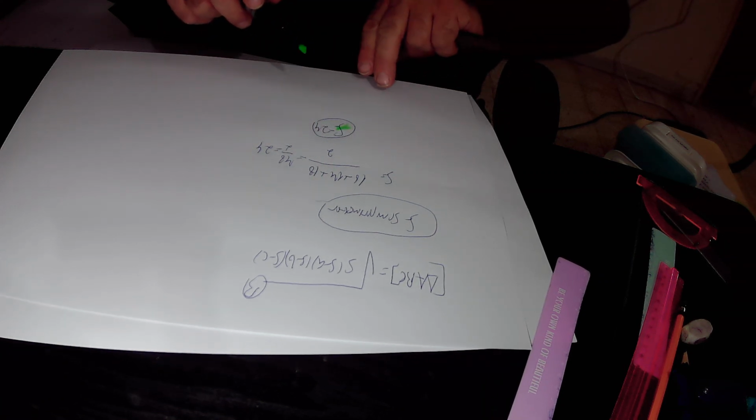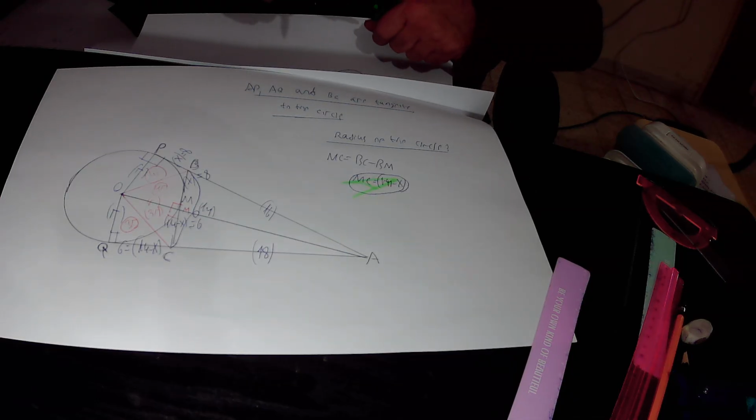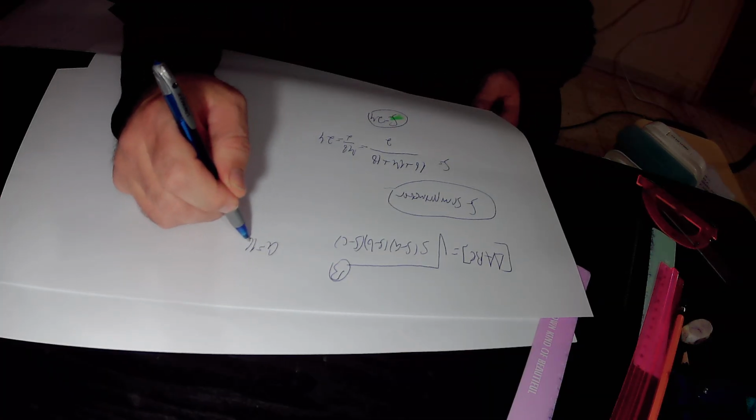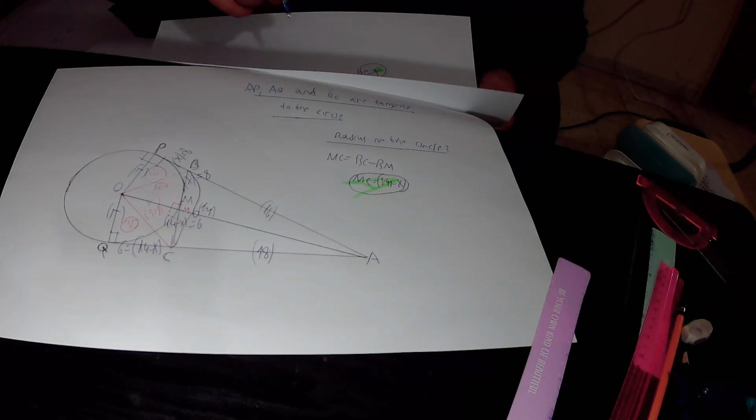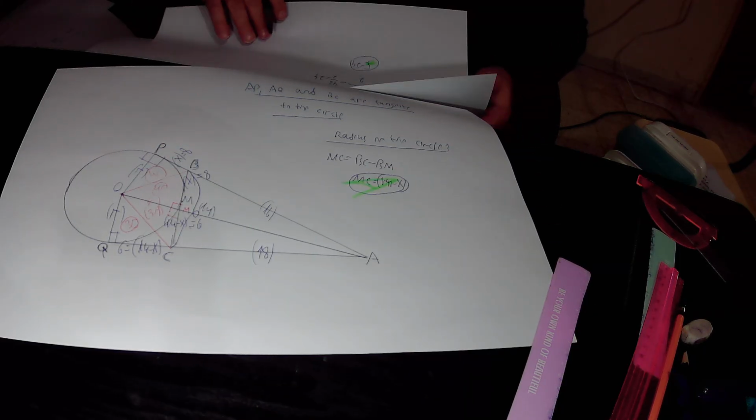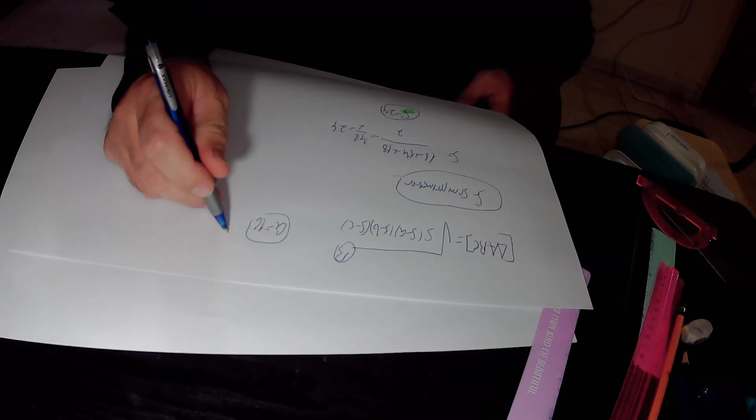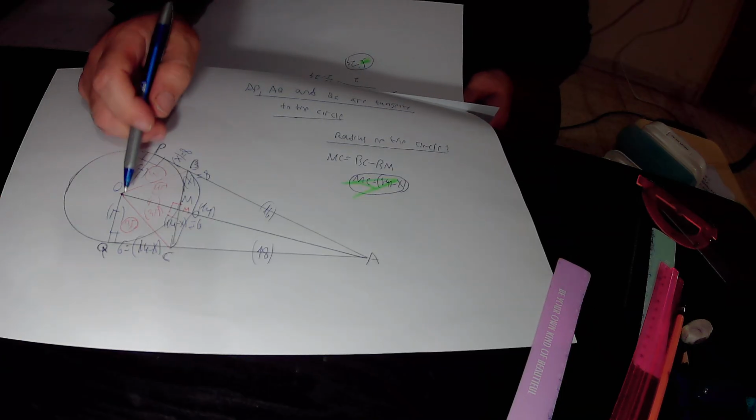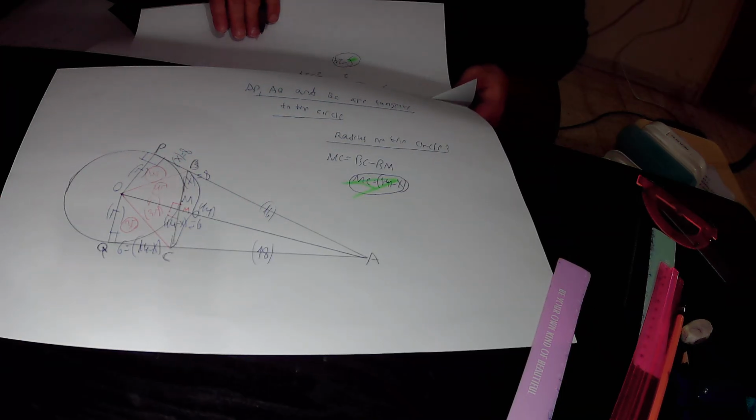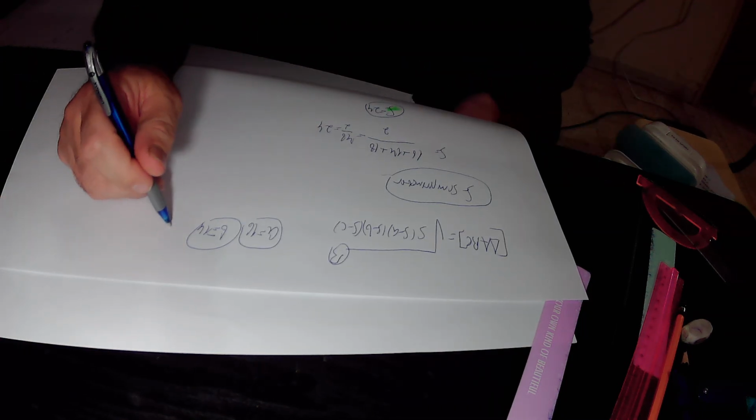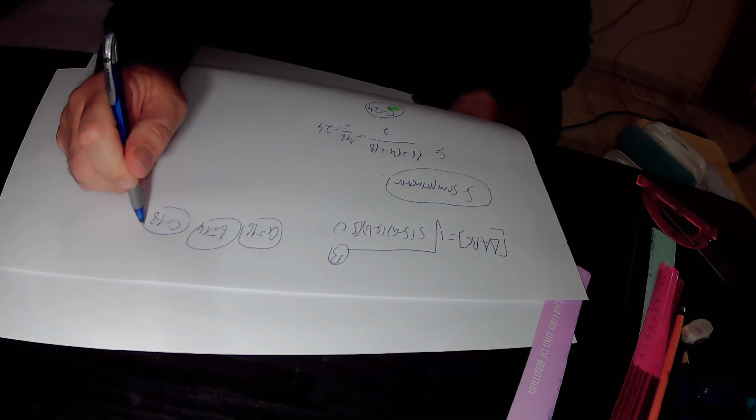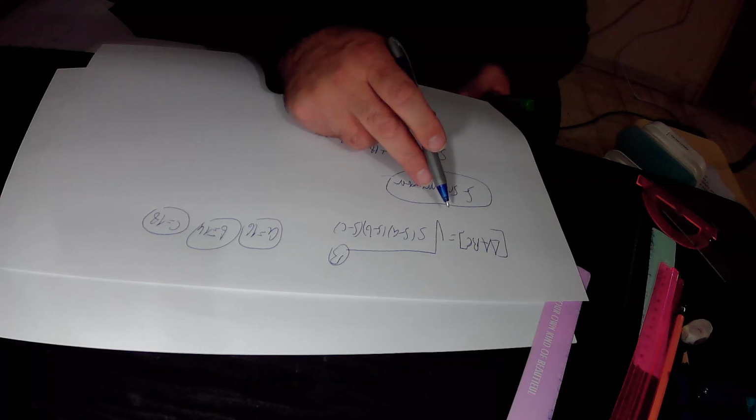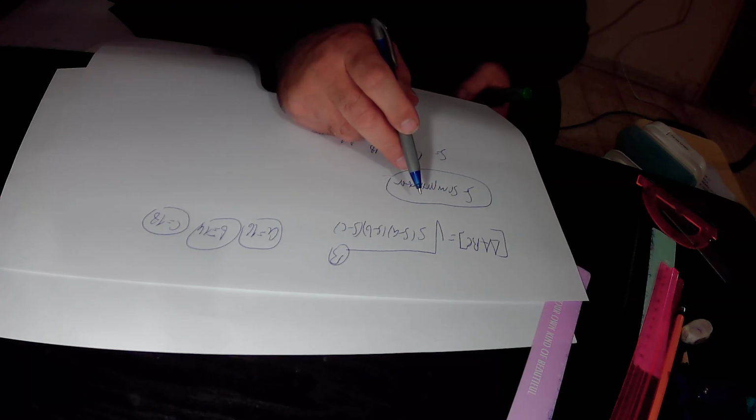A, B, and C are the side lengths of triangle ABC. So we choose A is 16. B will be equal to 14. And C will be equal to 18. So the area of triangle ABC according to this new formula, that is true for any triangle,